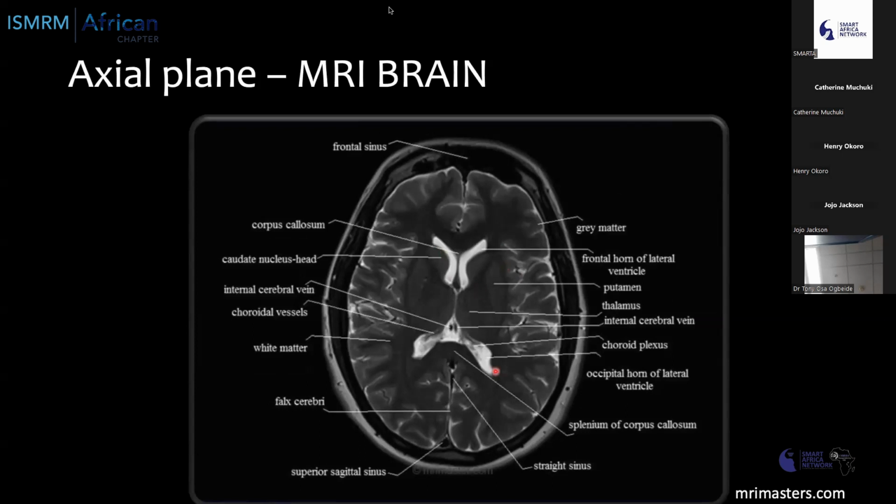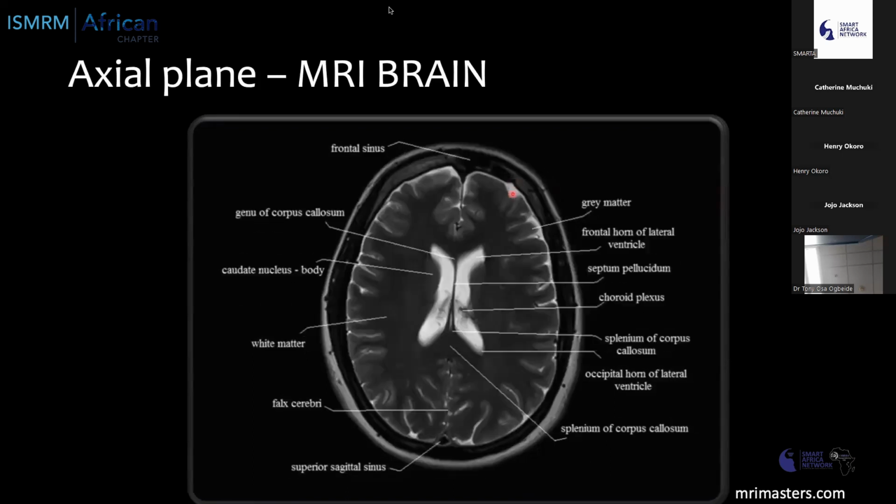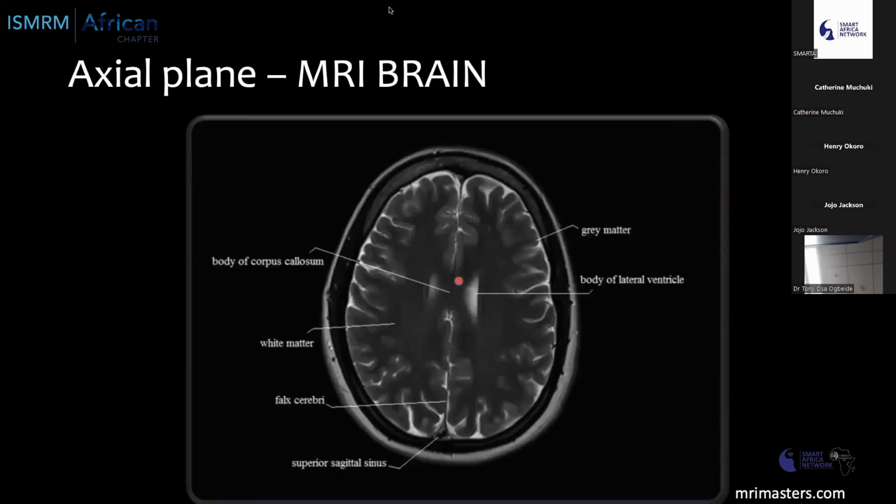Okay, we appreciate the flow void in the straight sinus. We have the superior sagittal sinus here. We said air is dark on T2, and so the frontal sinuses will appear dark if there is no mucosal disease in there. Okay, so at the body of the lateral ventricle, we see the